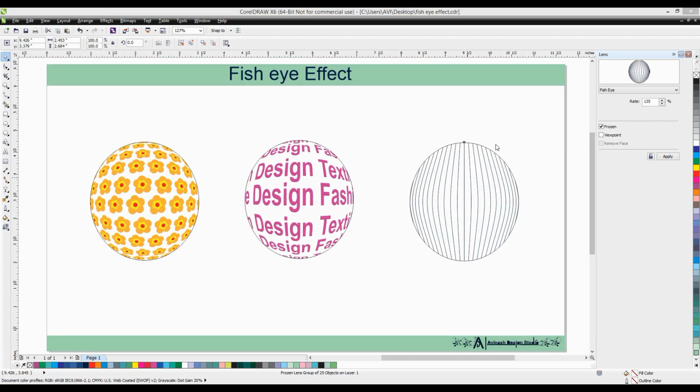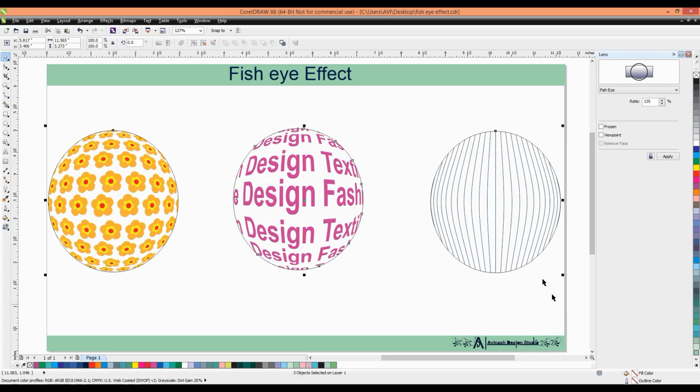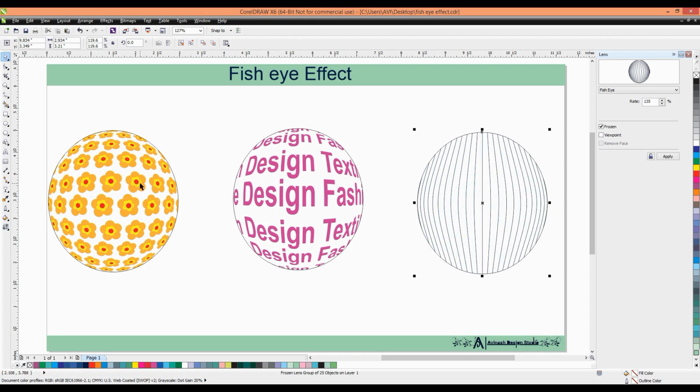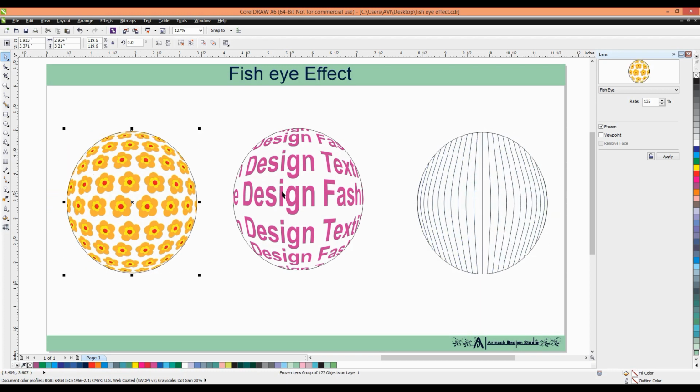Now we use another tool after fisheye to make our 3D pattern more colorful and creative. So select these three. Press the Shift key and select all three, and we increase the size so that it looks bigger, and place it.